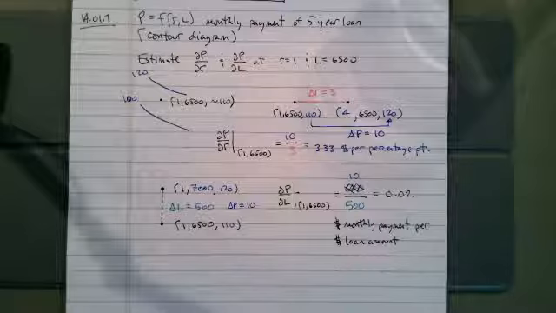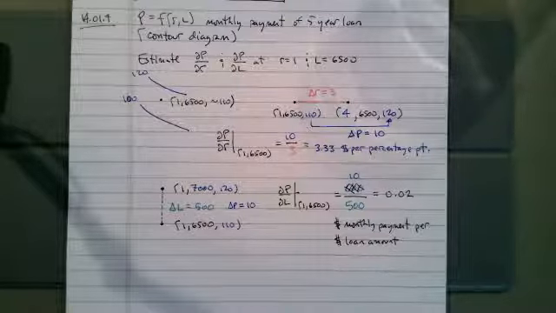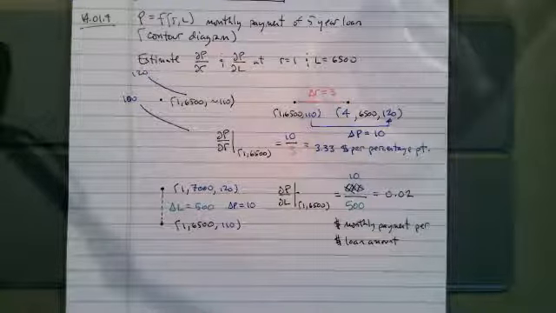So it looks like we're increasing by approximately 2 cents per dollar borrowed. Our monthly payment increases by approximately 2 cents per dollar borrowed,